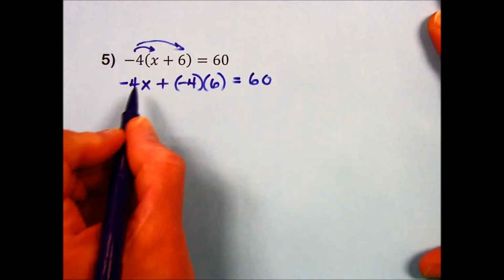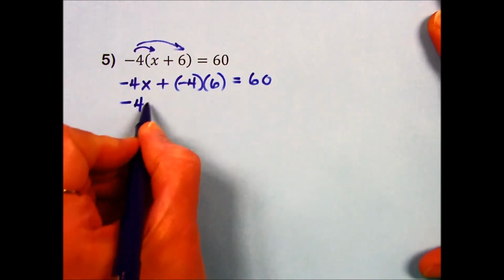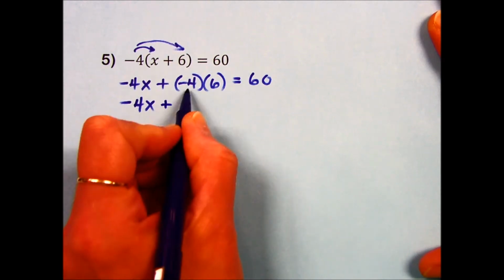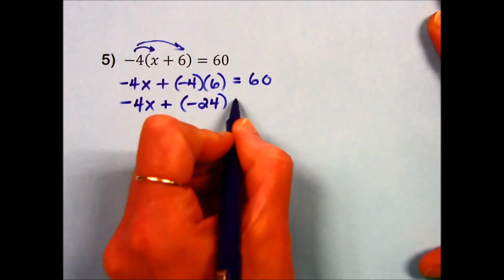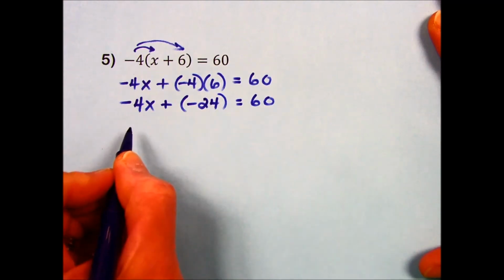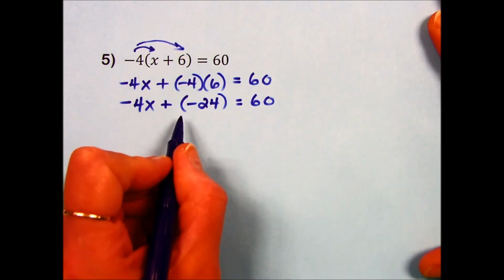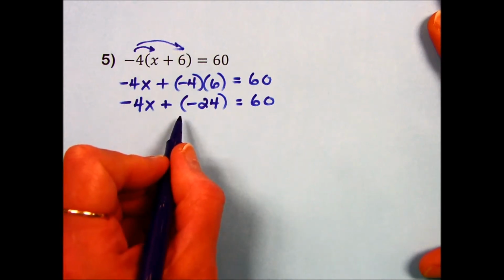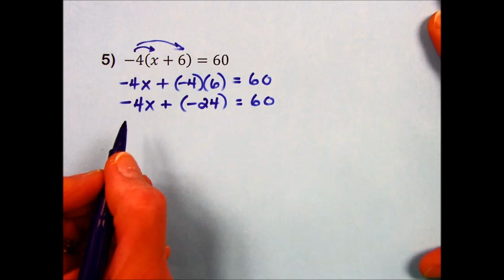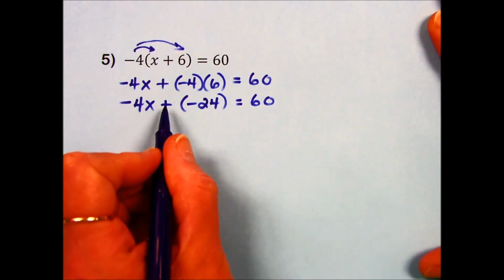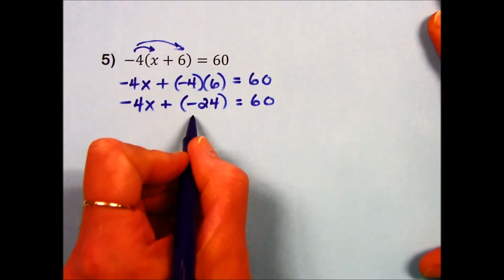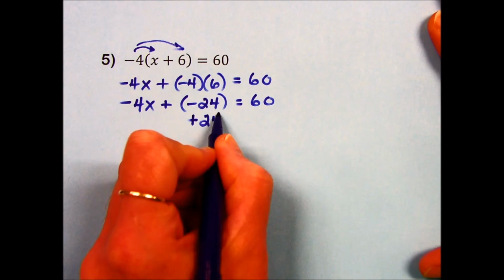That eliminates the parentheses. Simplifying, we still have the negative 4x, but a negative times a positive is a negative 24, is equal to 60. Again, if there was some simplification of combining like terms, we would take care of that next. That's not the case here, and neither do we have a variable on both sides that needs to be dealt with. So we're left with undoing the addition of a negative 24, which means we add a positive 24 to